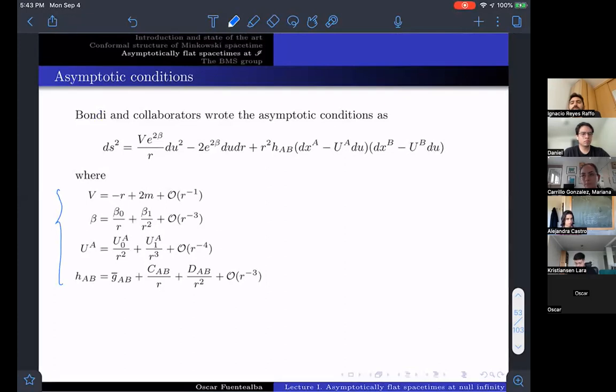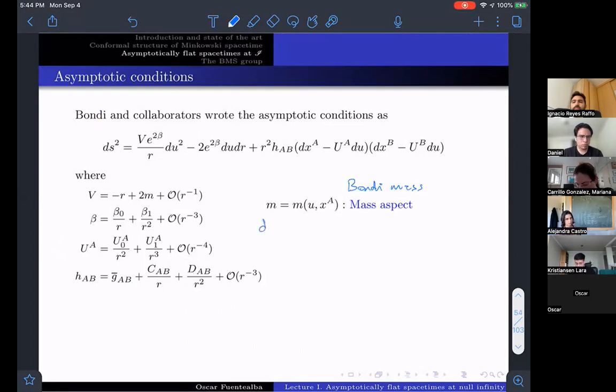So we will now describe the content of the fall-off. Here we have the metric of the two-sphere, which is fixed at the boundary. This means that we cannot vary this function, this metric. And the other ones we can all vary. Little m is what we call the mass aspect, or Bondi mass, and something we can check very easily